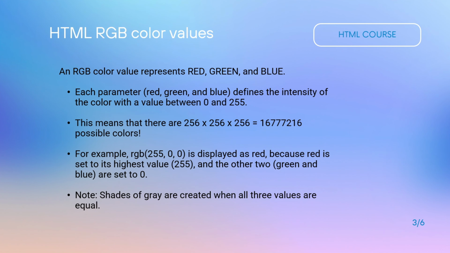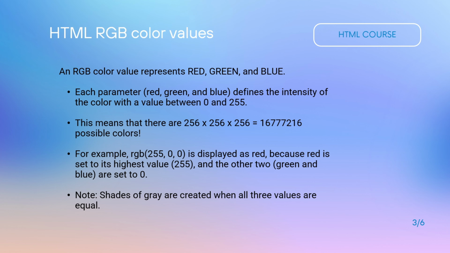HTML RGB color values. RGB stands for red, green, and blue. These colors work by mixing different intensities of red, green, and blue. Each color value ranges from 0 to 255. This means there are over 16 million possible colors, giving designers many options. Examples: